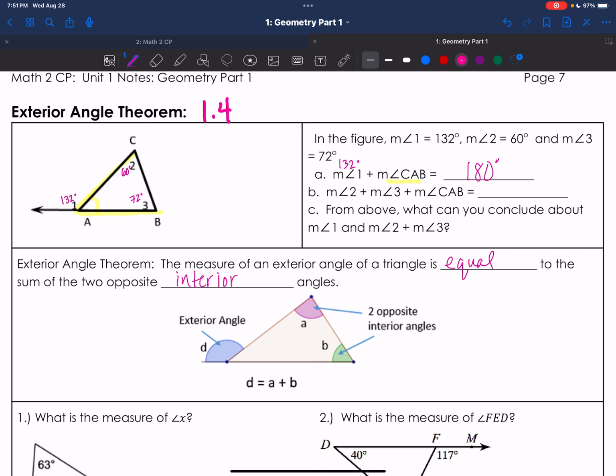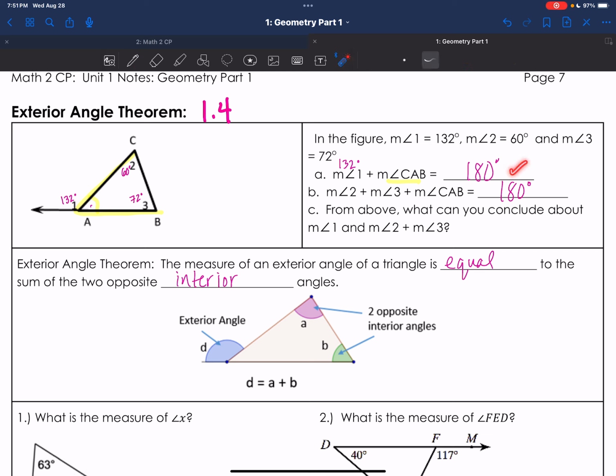The measure of angle 2, which is right here, 60, plus the measure of angle 3, plus CAB, which is this angle right here. Well, it's the inside of a triangle, so we know that has to be equal to 180 also, even though we don't know what this inside angle is. So if you notice,